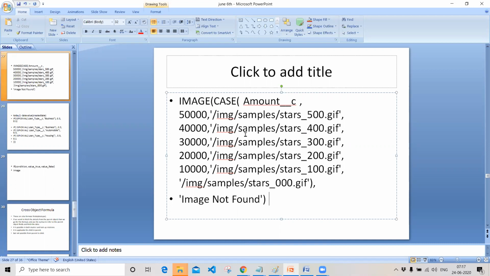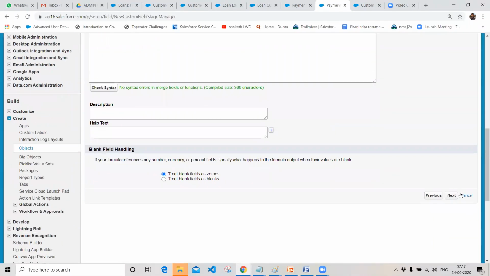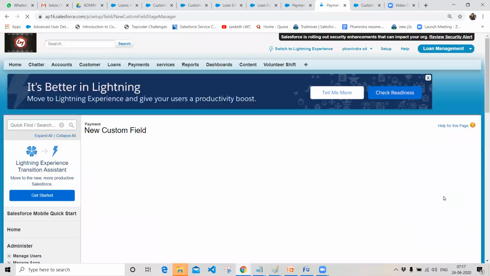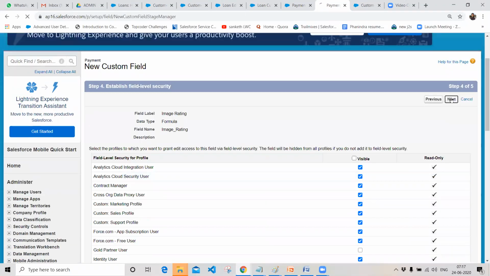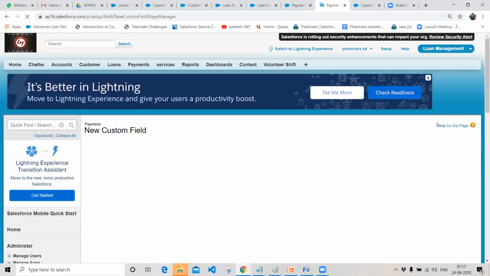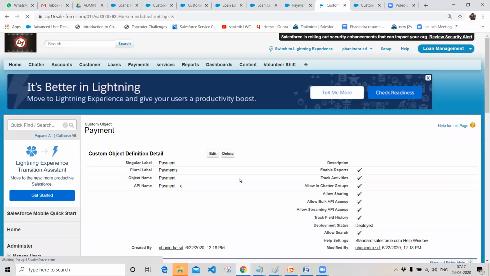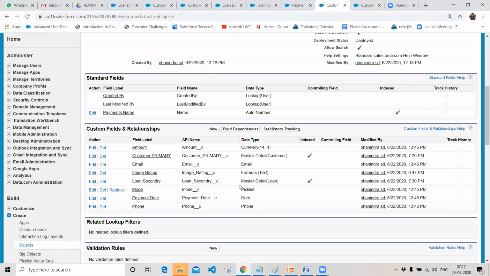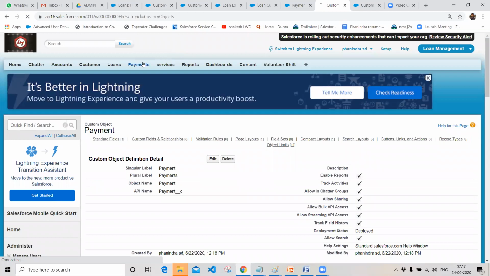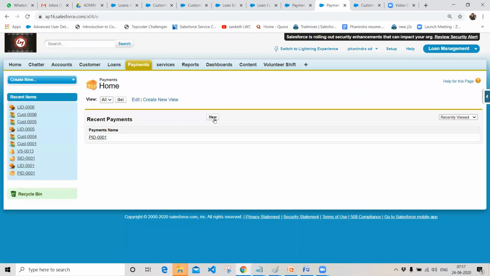Let me show you the output there so that you can understand it well. Basically, for the amount field, I want to give a rating here, and that too in an image format. So I will click on save. Now let's go to our payment object, since we have created this on the payment object.